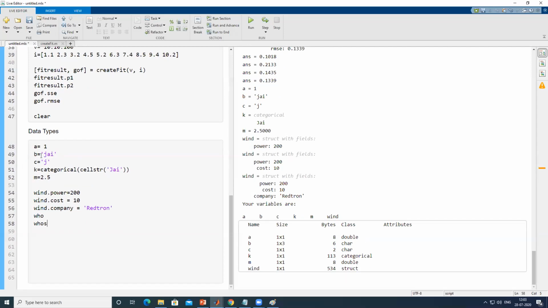Then we have the B and C variables, where in B I have kept more than one character. In MATLAB both B and C will be treated as character data type.